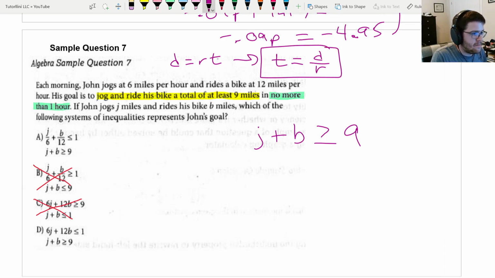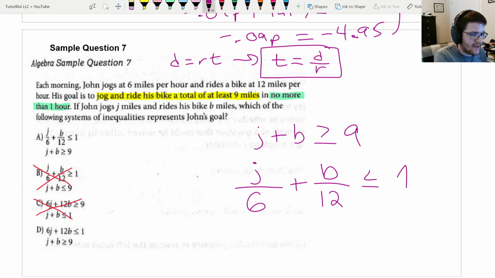So the time biking or jogging would be the distance jogging, which is j, divided by the rate jogging, which is 6 miles per hour, and then plus the distance biking, which is b, divided by the rate biking, which is 12 miles per hour, no more than, so that means less than or equal to